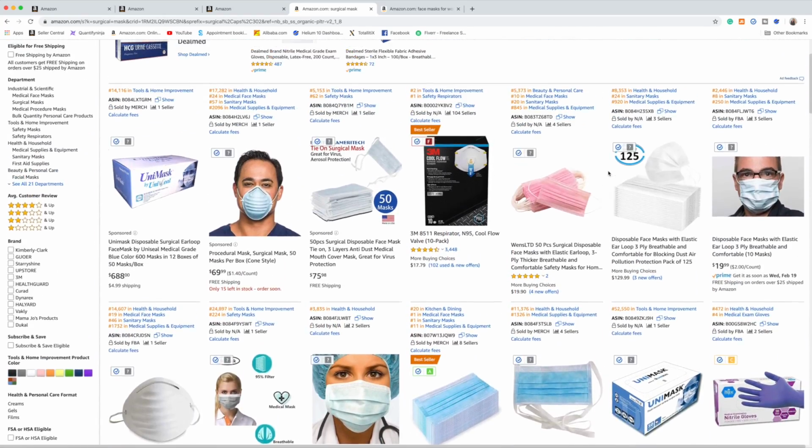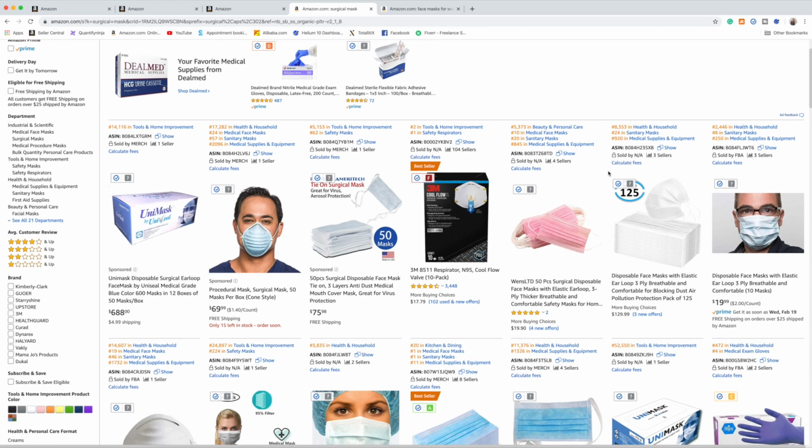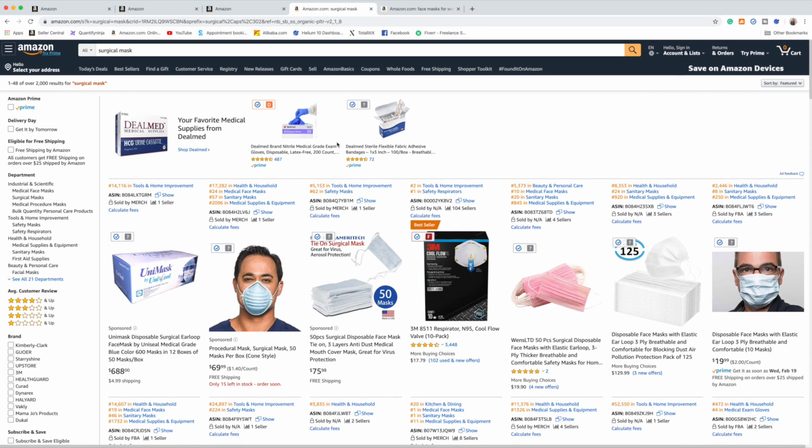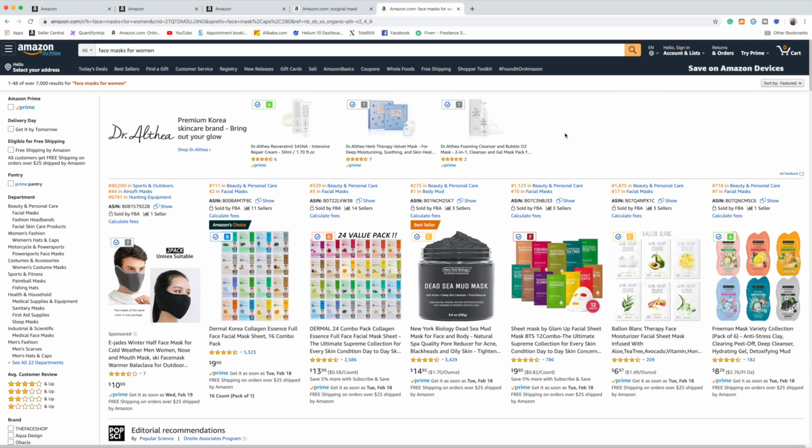So I was losing money. This is the way I look at it. I was losing money by having the impressions wasted towards these types of keywords that are absolutely not related to my product in any way, rather than having those impressions go towards relevant keywords and then potentially converting. So by going into Amazon and optimizing